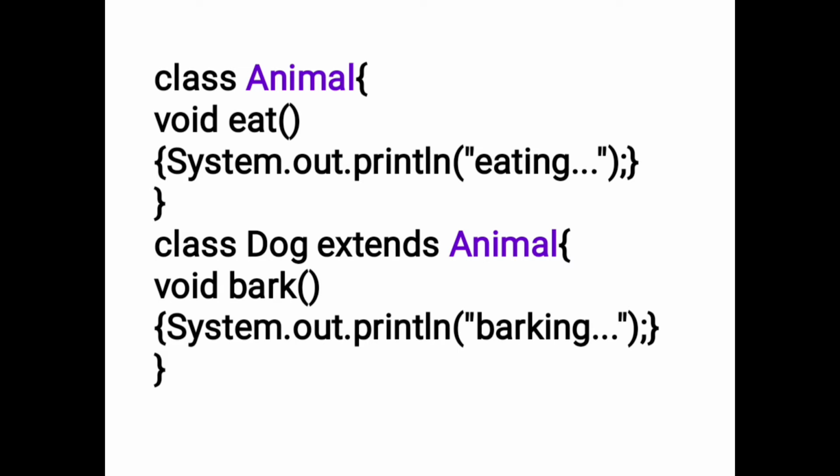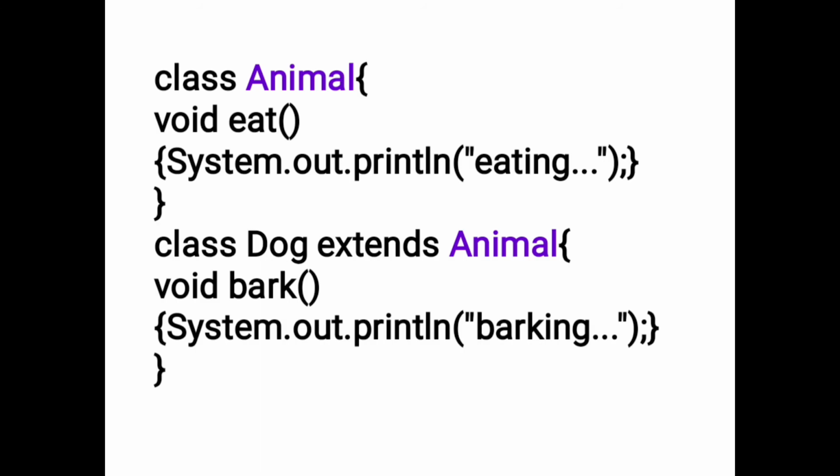Here I am using Animal as a superclass. So write class name Animal, and inside the class I am writing one method, that is void eat, and inside the method print the output statement, that is eating. And I am writing another class, the subclass, that is Dog. So class Dog is the subclass name, extends the superclass name Animal. Here some properties of the Animal class can be used in the subclass. In the subclass I am writing another method, that is void bark, System.out.println, that is barking.